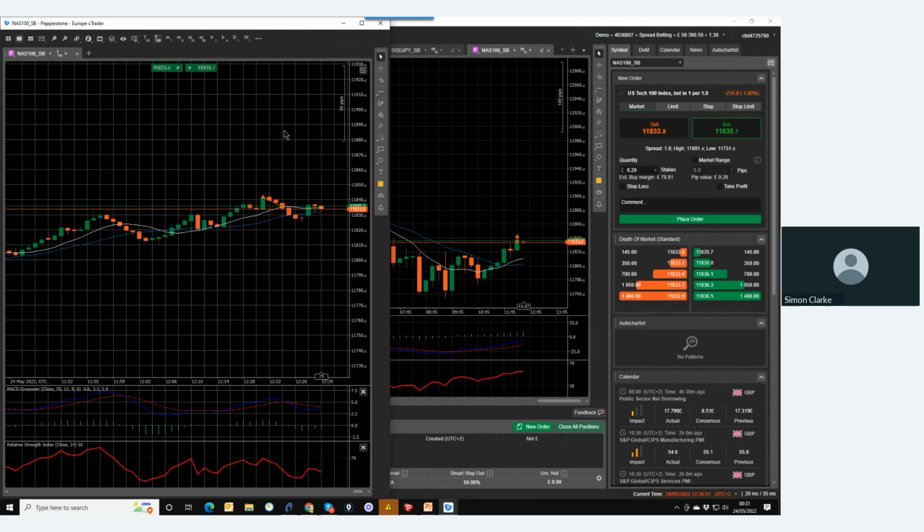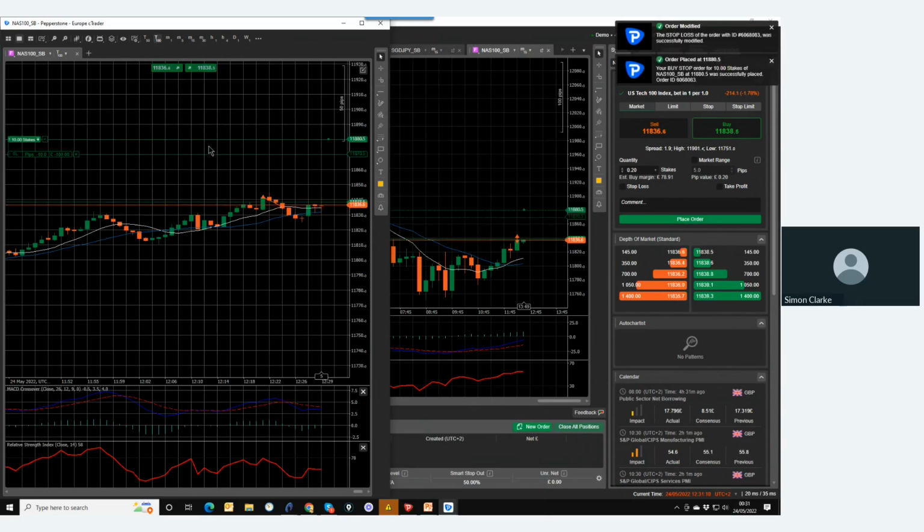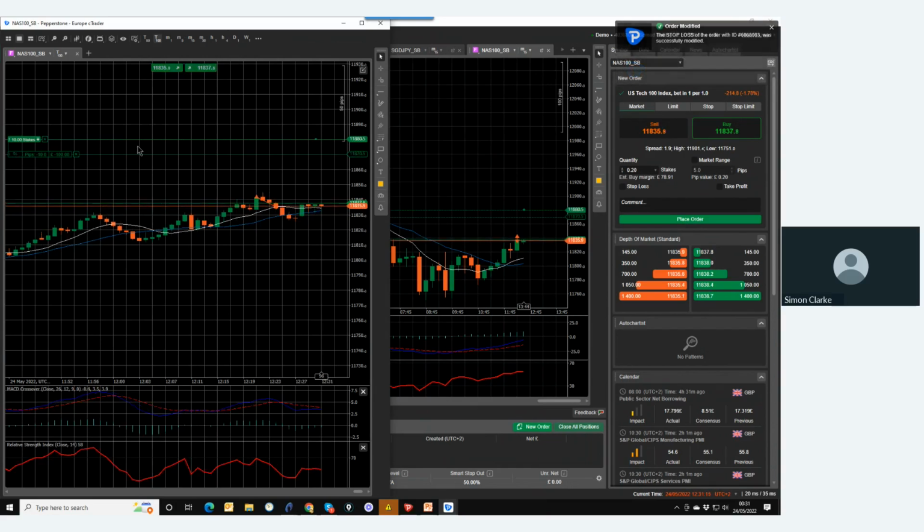Another little tip here that is very, very useful. Now, I know a lot of us trade the Dow, the NASDAQ, a lot of those index markets. You can get an order here. You can easily decide, okay, well, one block here is 10 pips. I'm trading £10 a point, so that's £100 per block. My risk is £200 on the trade, so I'm going to say, okay, there's my £200,